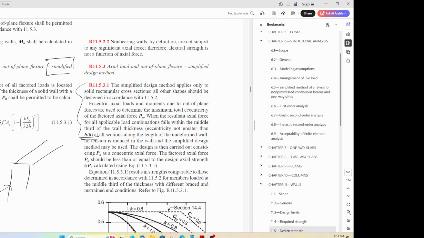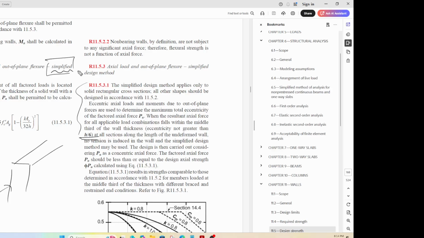You can divide this width h into three: h by 3, h by 3, and h by 3, right? So let's say this is the middle h by 3, correct? So if your resultant of P and the moment falls within that region,